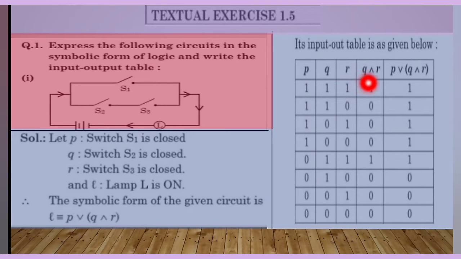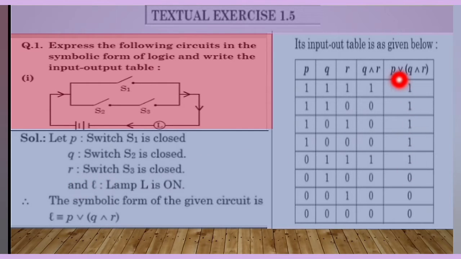Next is Q and R. Here conjunction is used. Q means 1 and 1 is 1. Now again 1 and 0 is 0. Now next is Q statement and R statement. Conjunction here, remember. And we already learned false and false is false, but we change here: if false, then we write 0. And here 1 means true. And this is the last statement, the symbolic form. Given all statements, write in the last column.